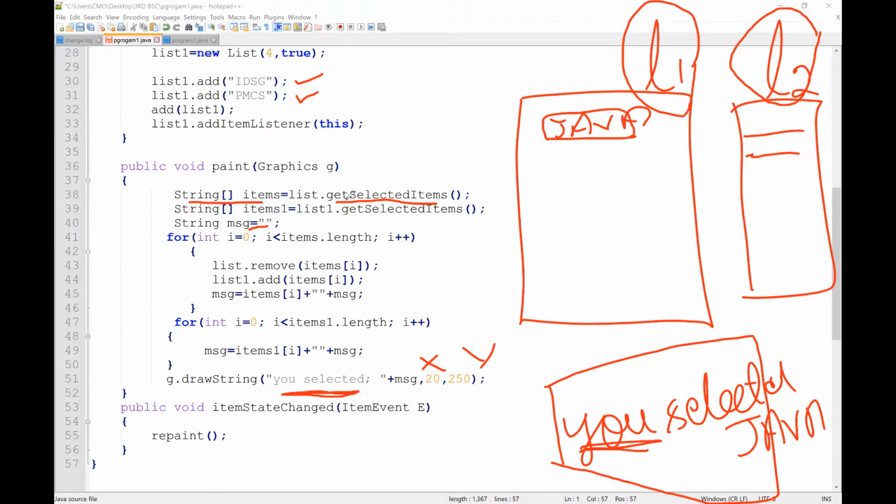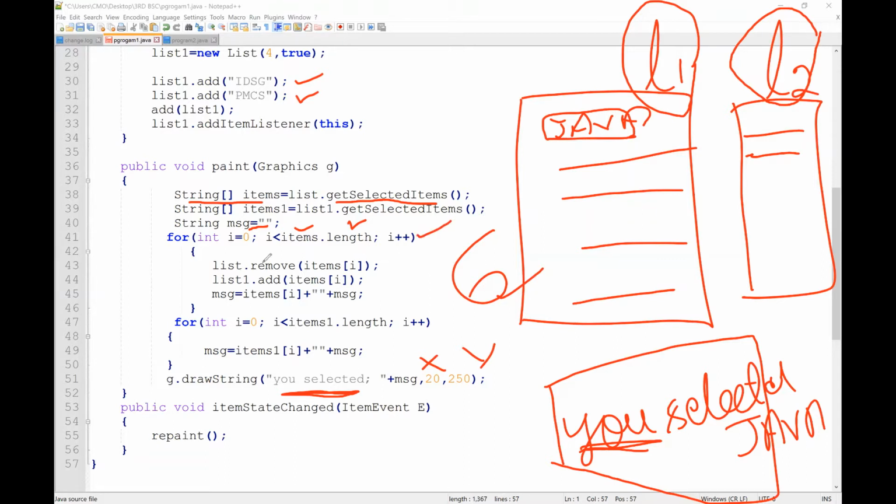Next, after getting the selected item, till the length of our first list. For example, if you have six subjects in this list, how many times can you remove? Only 6 times you can remove. After that, it's not possible to remove from list 1. That's why it will be equal to the length of items. Once it reaches its maximum level, the condition will be false, or it doesn't execute this for loop.